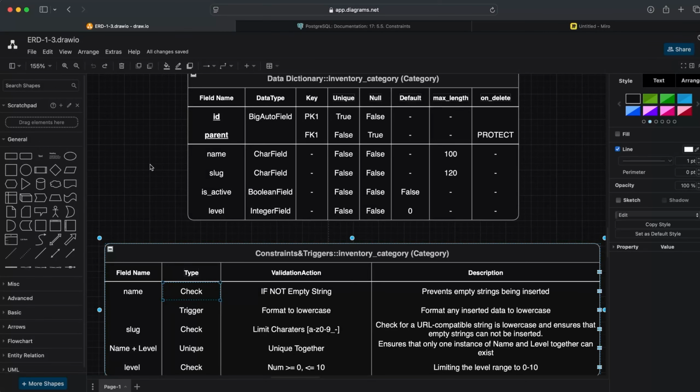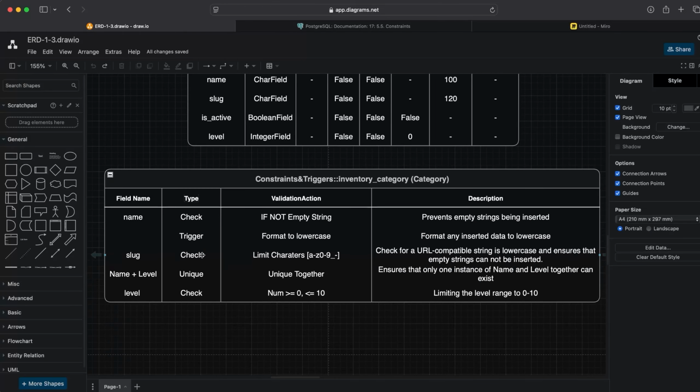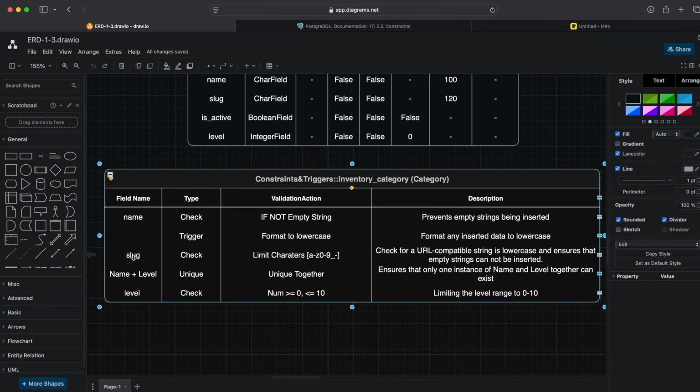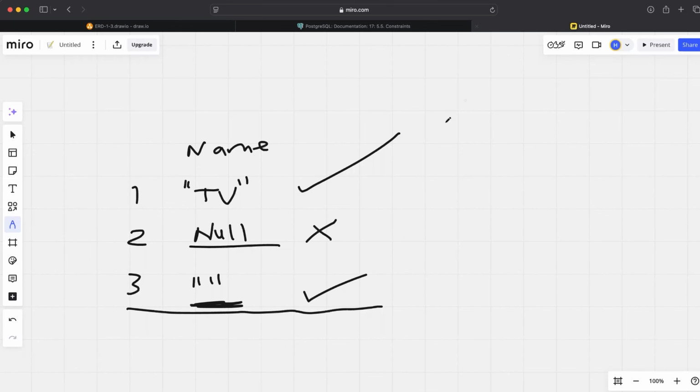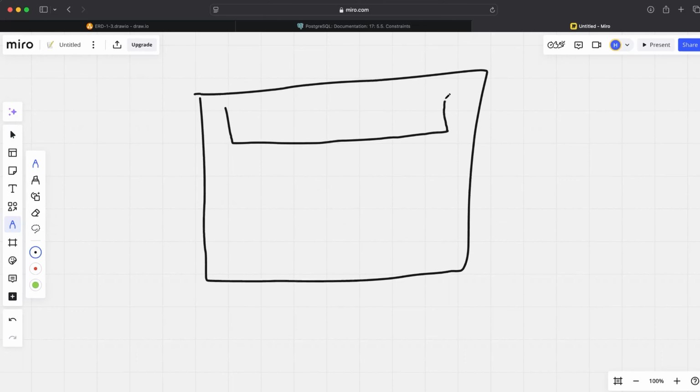So let's take a look at another example, the slug field. Right, so let me quickly, briefly explain this slug field in a little bit more detail. Let's go back to here. So what's happening here? Imagine this is your browser. You've got the URL. So you've got HTTP, www, and then your website name. Let's call this